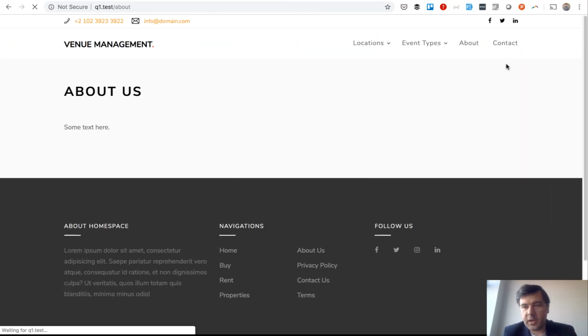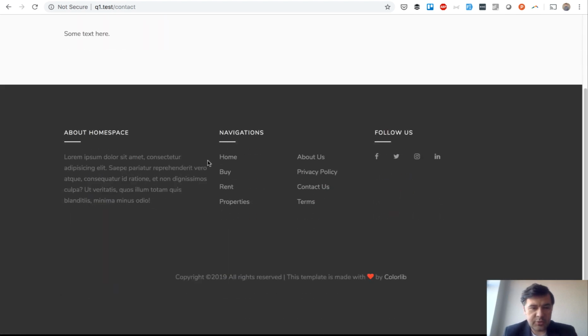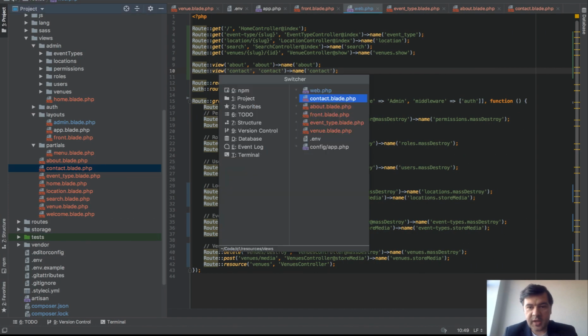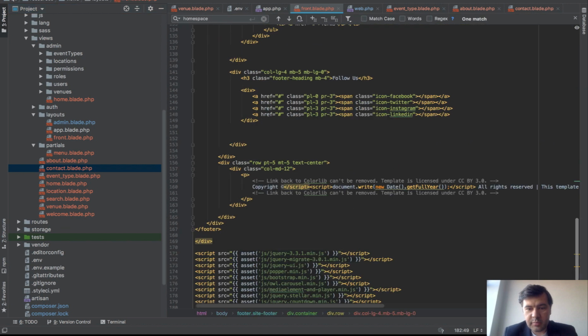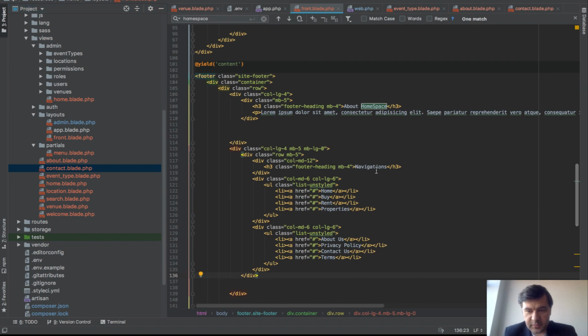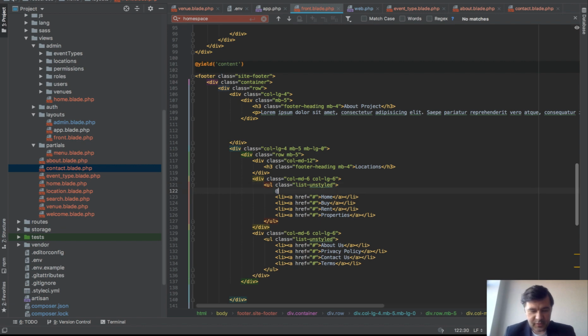Let's refresh that again and click contact. It should work, yeah. And down below, what we can do here is also navigations. This is pretty irrelevant, so let's change that to front blade. Down below it's not navigations, let it be locations again. And again, I will violate some stuff here about project. Again, I will, actually, let's change that. So I would do that for each locations all